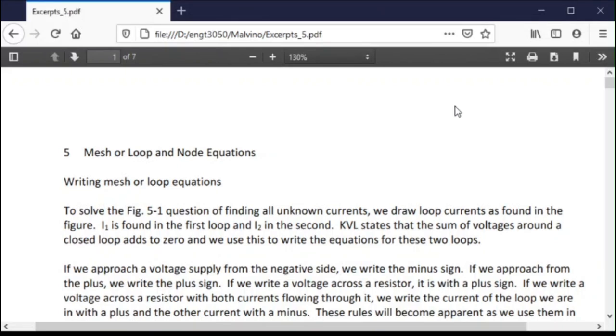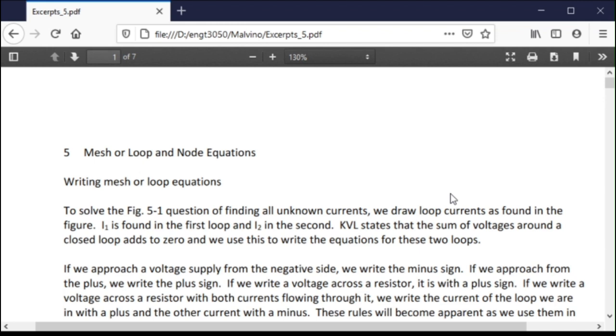Hello, we're back with Chapter 5, and we're looking at this chapter with the idea of finishing off the resistive circuits area, and we'll be moving on to the reactive or the AC circuits with the next chapter. But we're still looking at one more topic in DC circuits, and that's what we call loop